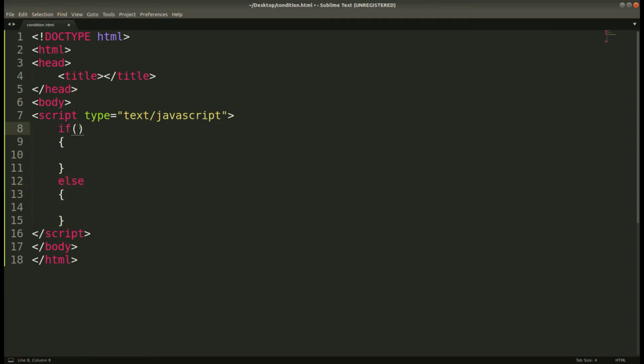So if I give a condition here, let's say there is a variable x equals 0.